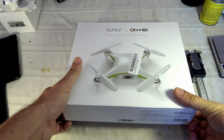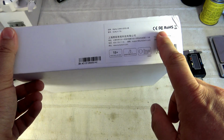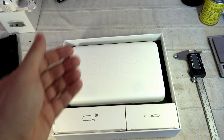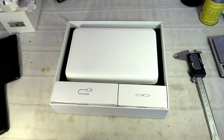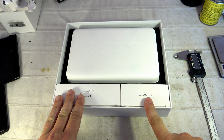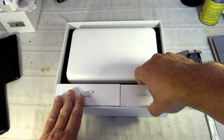Okay, so let's open it. We have a nice packaging. We have the CE logo and FCC, so it's good for importation if you are concerned about that. So it's pretty visible, so you should not have any problem for any distribution in any countries. What we find very nice, two small boxes, one with some spare props,